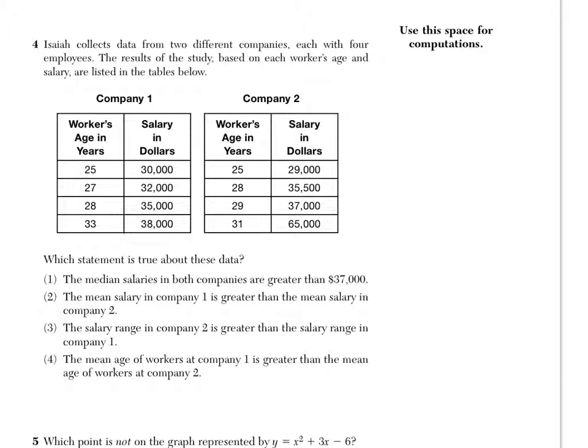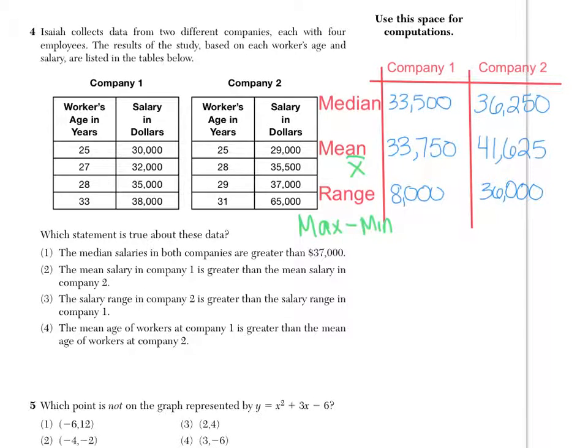When you look at question number 4, it's pretty clear that we're going to have to do some one-variable statistics. I think that's the fastest method. I mean, if you look at it, we're talking about the median, the mean, the salary range. If we do the one-variable statistics, it's going to be nice and easy to see all these values. So here's a table of the data that I compiled for question number 4,